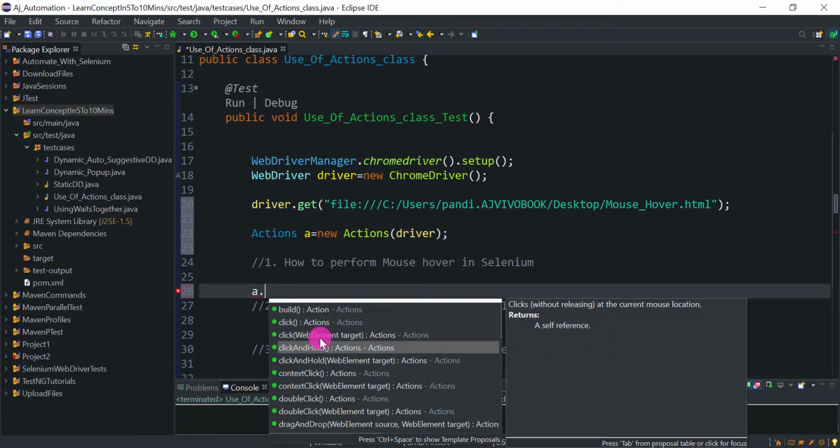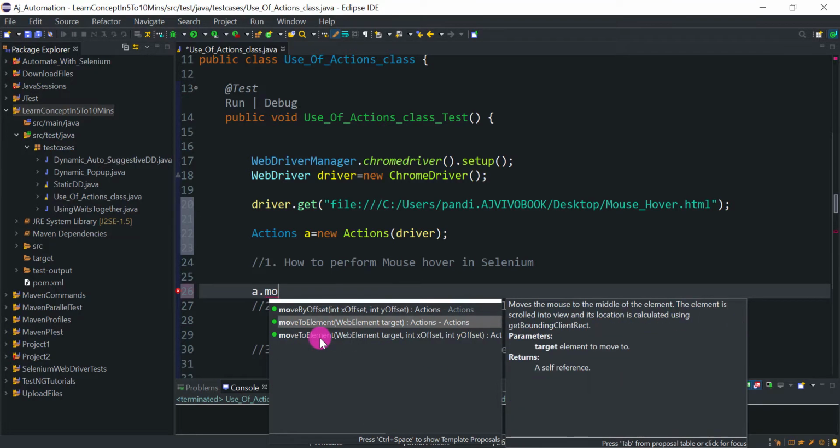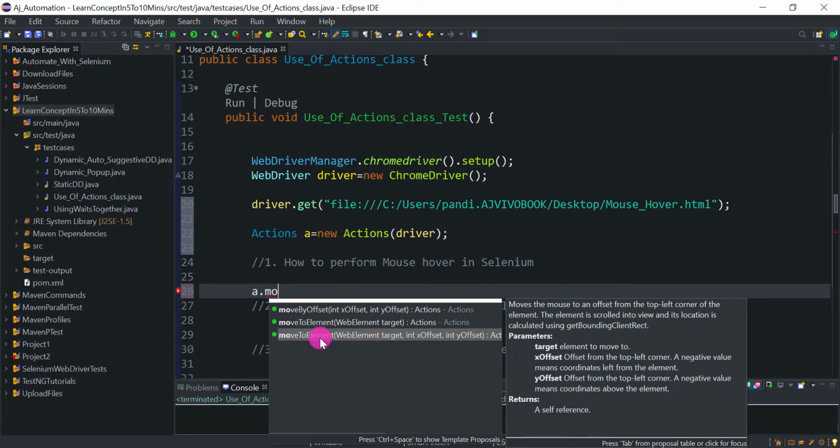To perform mouse over, we just have to move our cursor to that web element or that text area, right? So we are going to use the moveToElement method. There are two moveToElement methods. Either you can pass the web element as an argument, or the web element plus an x and y offset, meaning the position of the cursor on the x-axis and y-axis.